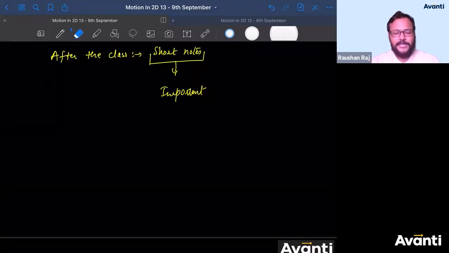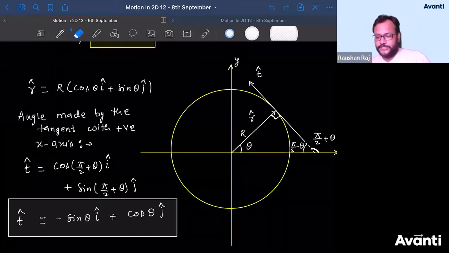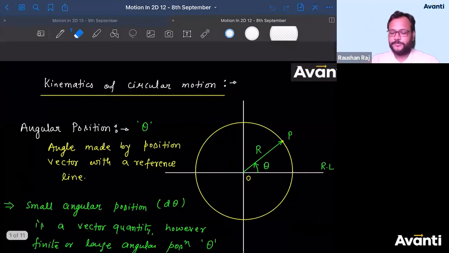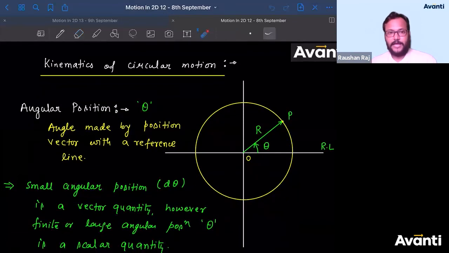No, if you're making short notes every day, it'll take minimum 10 to 15 minutes. Because see, if you look at yesterday's class, let me give you some example, bachalo, so that you'll have a reference. What are the things that you have to study? Kya likhna notes mein? Heading likha, angular position.